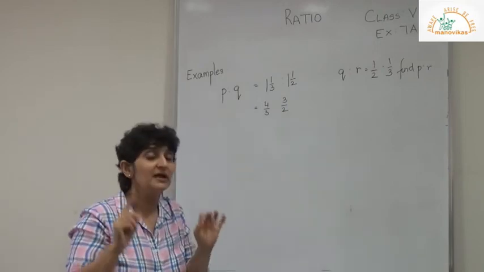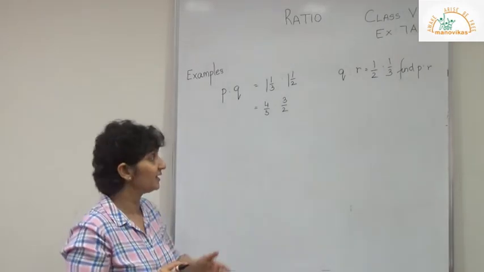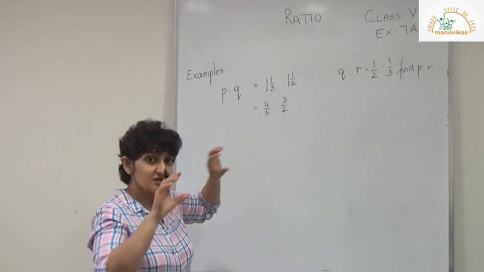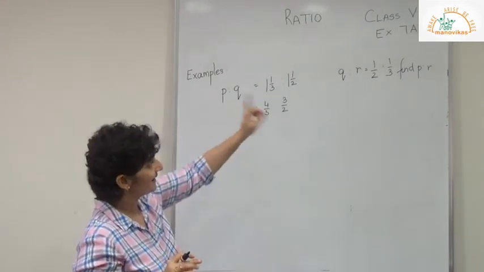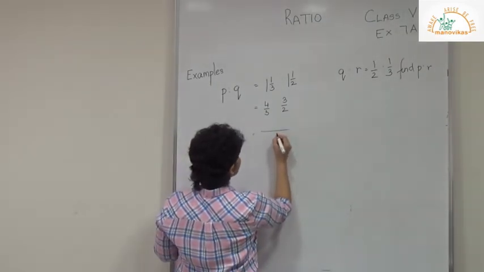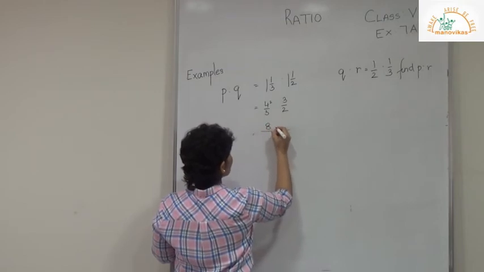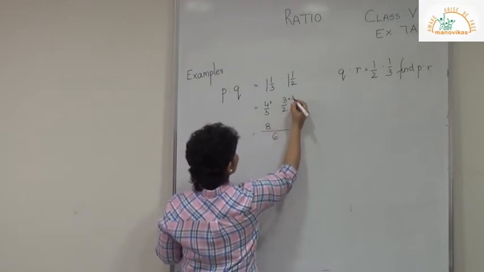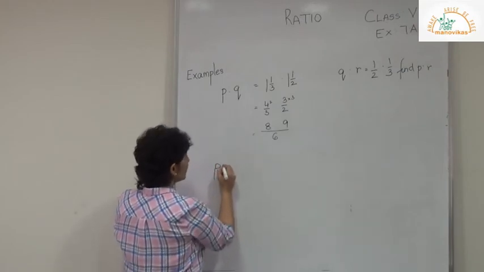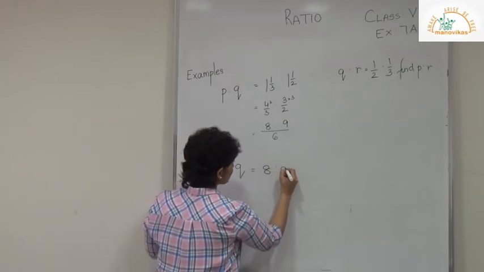Now children, you know in ratios we do not leave it as fractions. You take out your LCM. Let's convert it into just whole number ratios and then let's move on. So here what would I get? My LCM would be 6. 3 goes 2 times. 4 2s are 8. 2 goes 3 times. 3 3s are 9. So my ratio P is to Q is 8 is to 9.